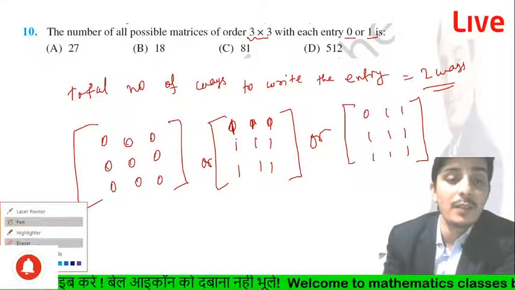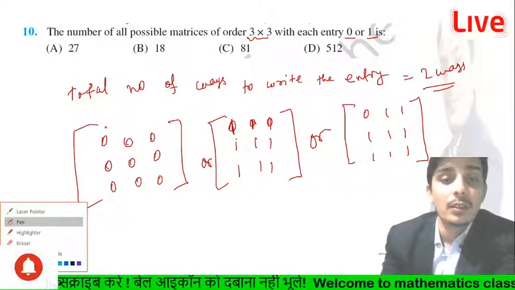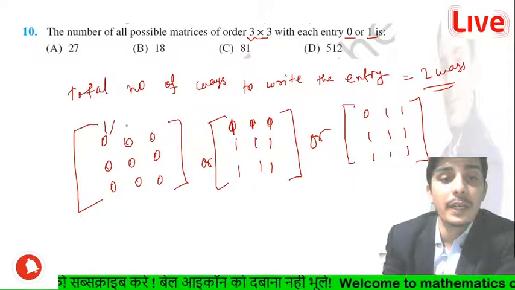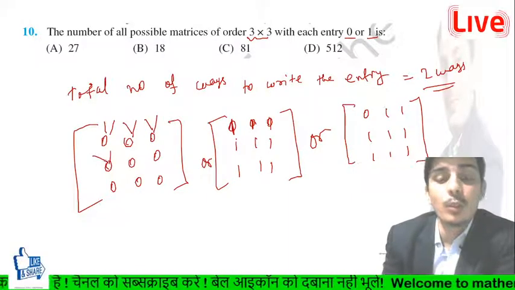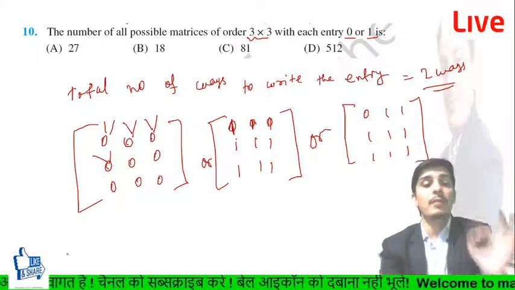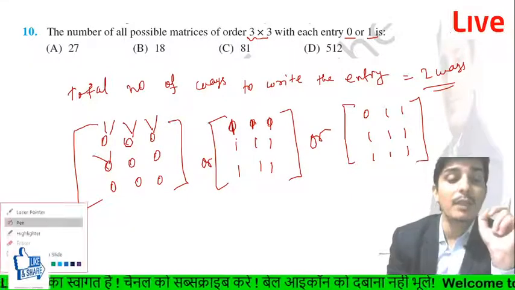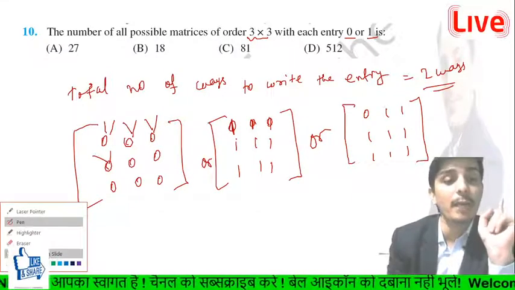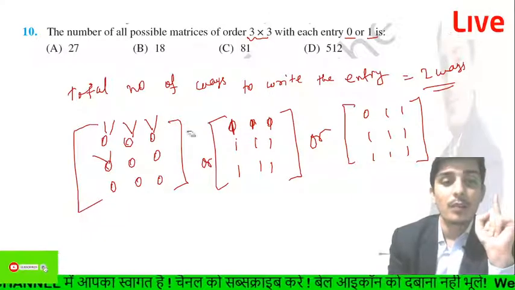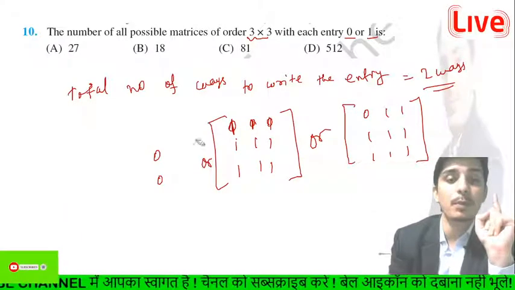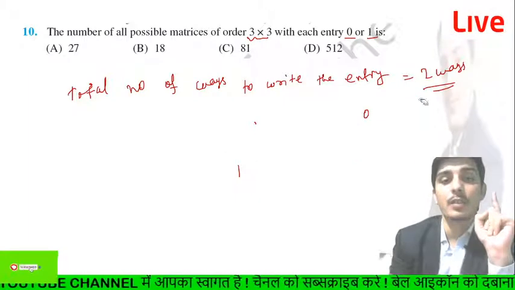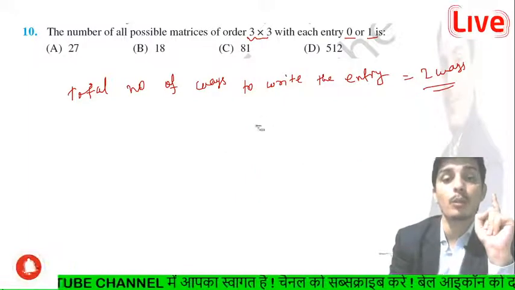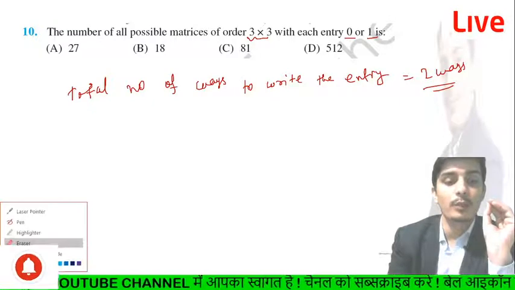So we can take here 0 or 1, here 0 or 1, and here 0 or 1. So for every place we have 2 options, and we have to fill 9 places. So the total number of ways, the number of all possible matrices, is equal to what, guys,